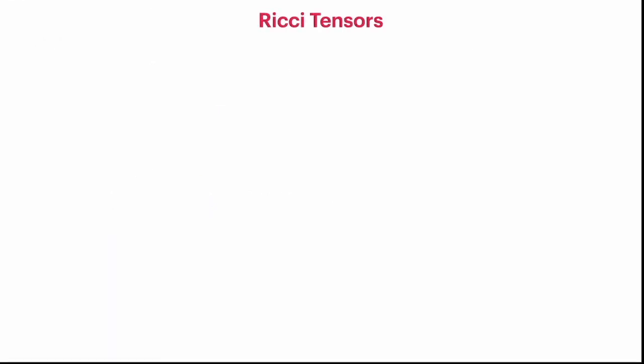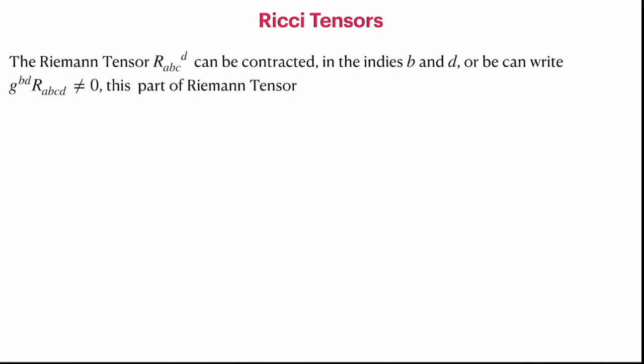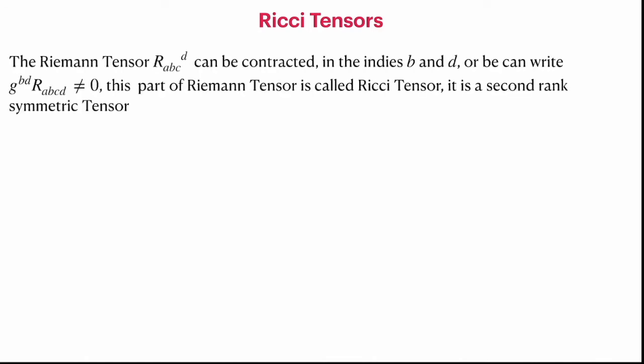Before going into the geodesic deviation equation, let's see some contracted tensors of the Riemann tensor. The Riemann tensor is a fourth rank tensor R_ABCD, which has a lot of symmetries which we have seen. So one way to construct an interesting tensor out of this is by contracting. Of course, you cannot contract between indices A and B or C and D because of the antisymmetric nature of them. That would simply give us 0. Now we can always contract between the indices B and D or A and C, which is the same because of the symmetry property again.